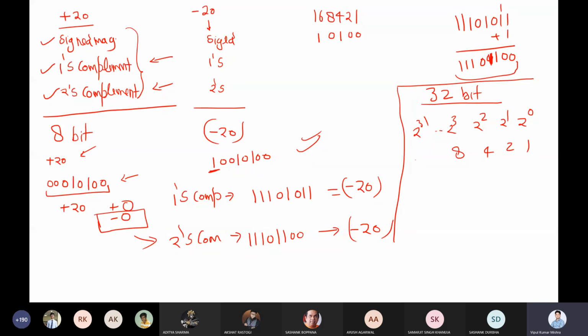On top of it, I'll give one example of subtraction and addition. Addition is the same for any method. When you say 20 plus 5, this is also plus 20 and this is also plus 5. Both are the same, and whichever method you use doesn't make any difference. But when you say subtraction, 20 minus 5, 20 is plus 20 but 5 is minus 5. This minus 5 represented in ones complement means you need to take the complement of it. I'll come to this once we see the example. It will be very clear.